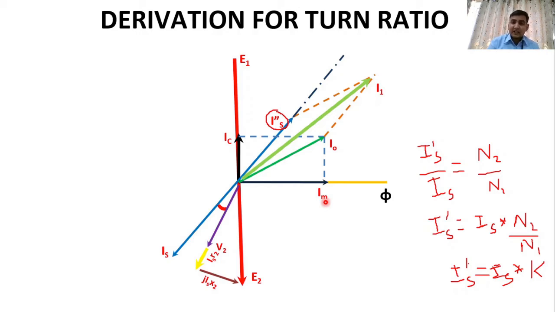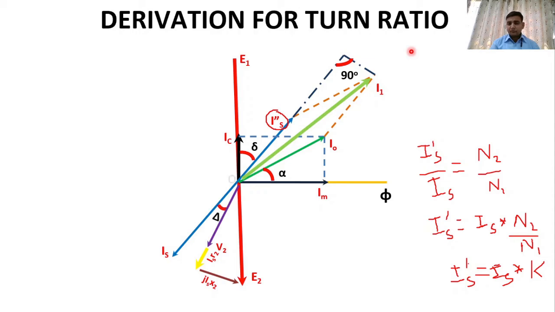Here we extend our Is dash compensating current further, where we provide a perpendicular bisector from the primary current, as shown in the figure. This perpendicular bisector is at 90 degrees, where we take the angle between the no load current and the flux to be alpha. Some representation notations are also there. The angle between the induced voltage E1 and our compensating current is taken to be del. We also assume that the angle of the perpendicular bisector will always be 90 degrees.